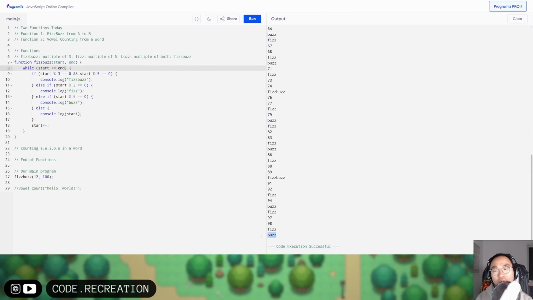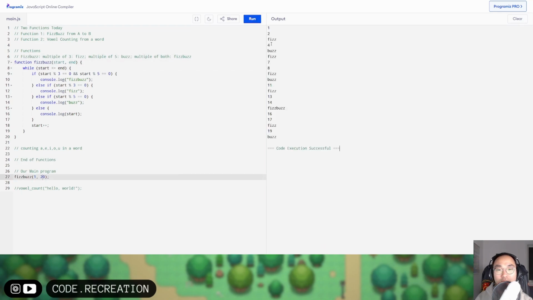And we're going to go all the way up to 100, and we end up getting FizzBuzz. One thing nice about this program is that we don't need to rely on prompts, but rather input the values that we want to test our function with. So if I wanted to try this from 1 to 20, now I can change these input values where start is going to hold the value 1 and end is going to hold the value 20. And if I run this code again,